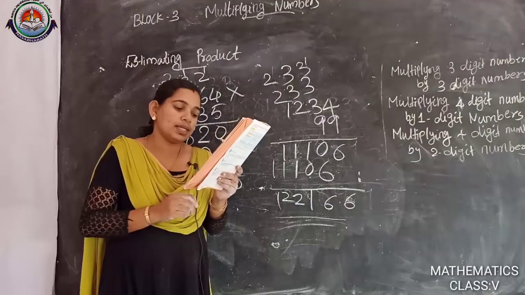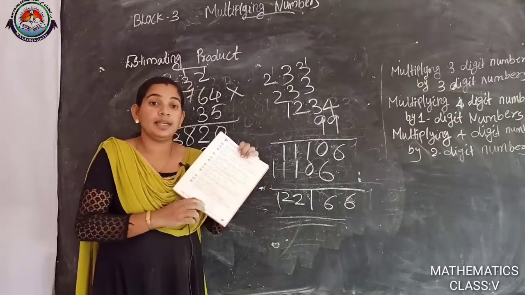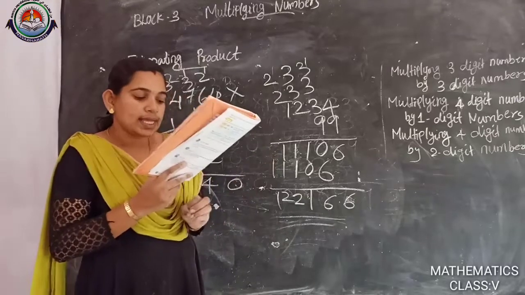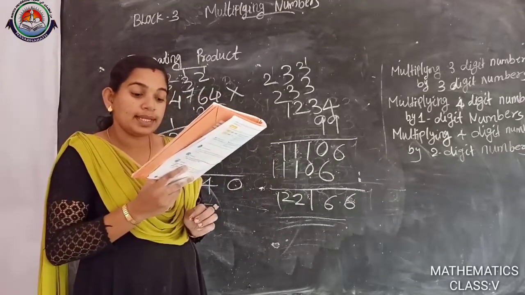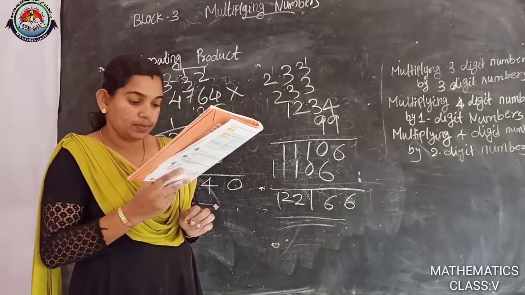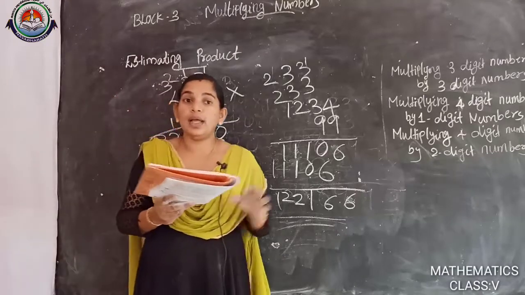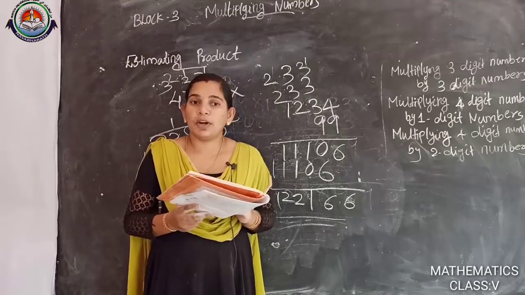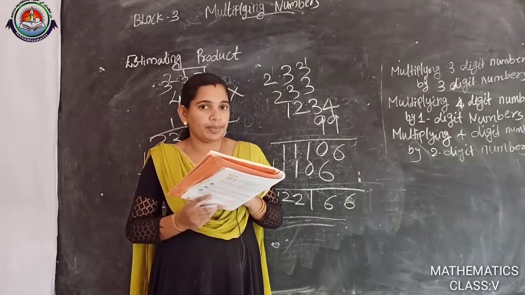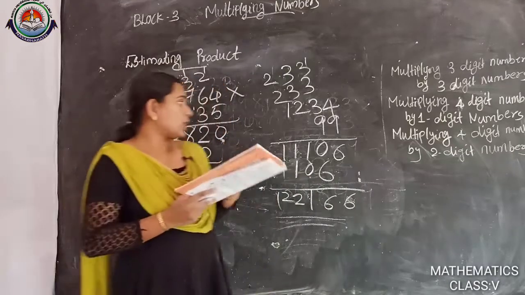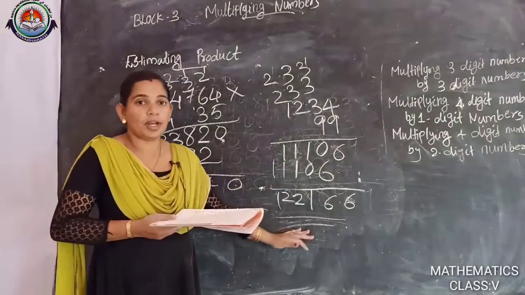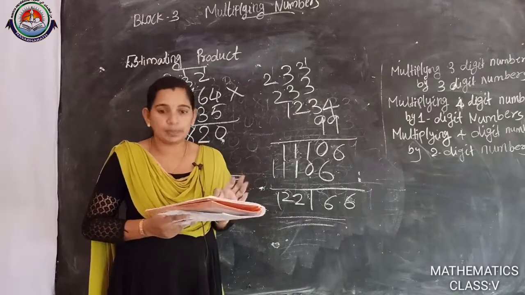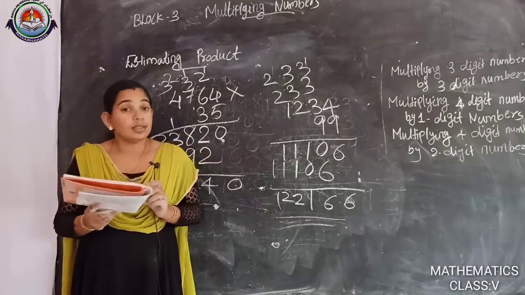Rounding off numbers to their highest place. Here the given numbers, you round off to the highest place. Second, estimate the product of the numbers and then find the actual product. First you find out the estimated product, then also find the actual product. Both products we want to find out. Actual product means the actual product. Estimated product means first we want to round off, then find the product. Then third problem.